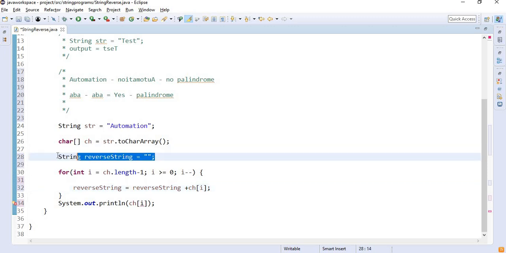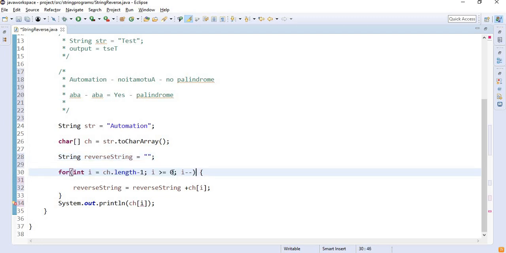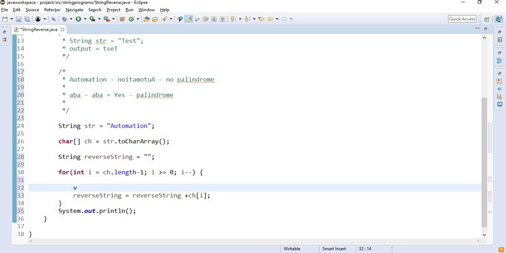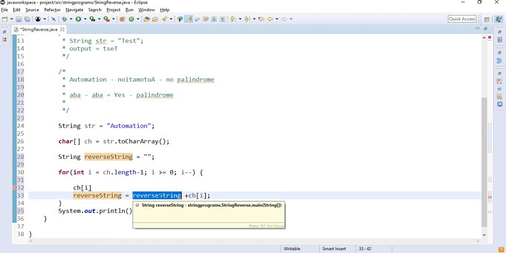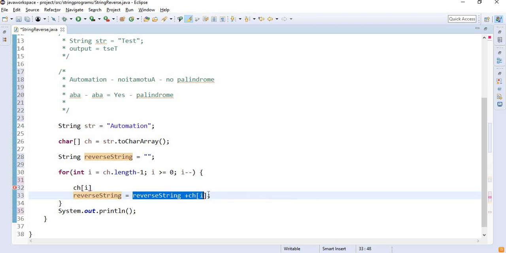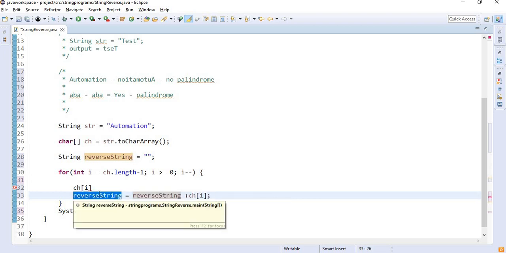We are concatenating our string with my reverse string. See, I have taken one empty string, there is no value, and this loop was printing the reverse value, right? Then I am only saying that whatever outcome I am getting here, the outcome is char i, whatever the char i was getting here, I am just adding or concatenating to my empty string and then storing it into the reverse string.